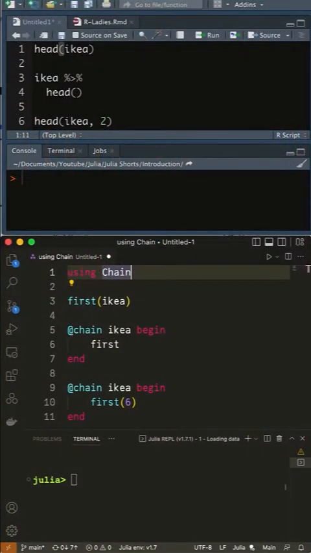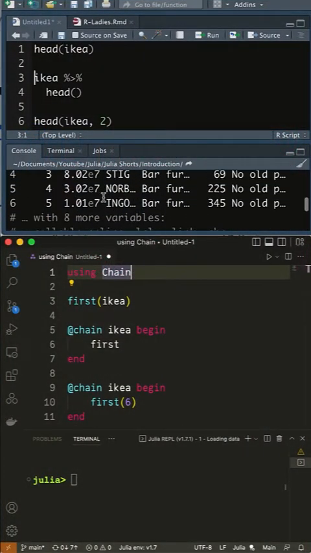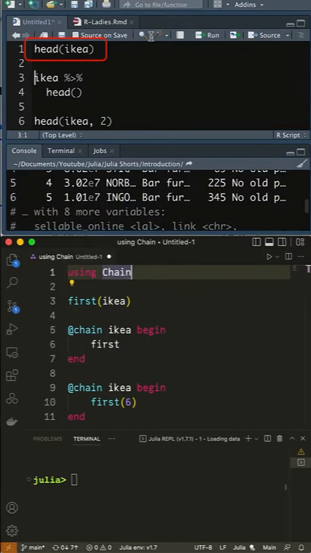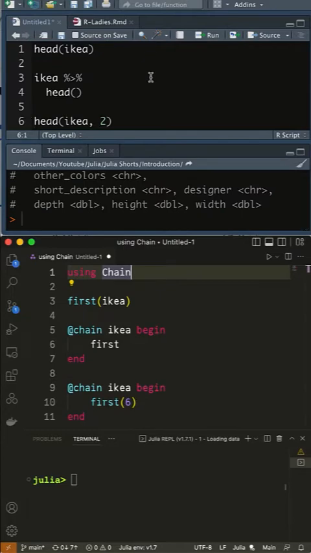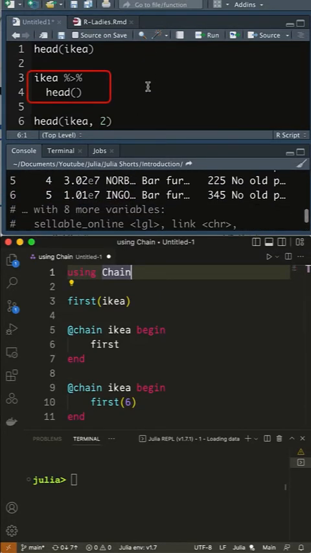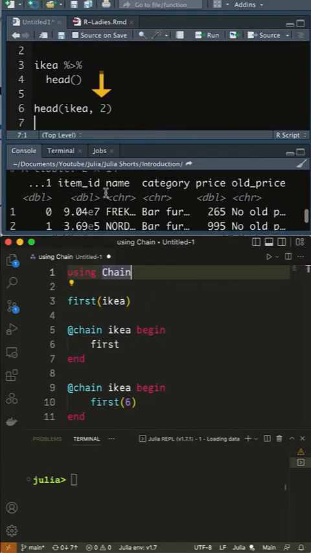To take an overview of IKEA, our ladies use the head function to get its first 6 rows. You can either use the functional form with head having IKEA as its argument, or the pipe functionality that is automatically included when Tidyverse is loaded. The pipe offers an intuitive way of thinking about the data analysis workflow. The IKEA data frame is passed forward as the first argument of any function that follows the pipe symbol. You could override the default 6 of head by adding an extra argument, but then you would need to add